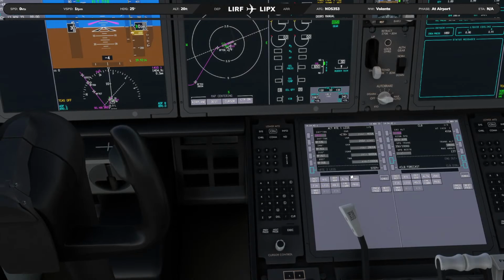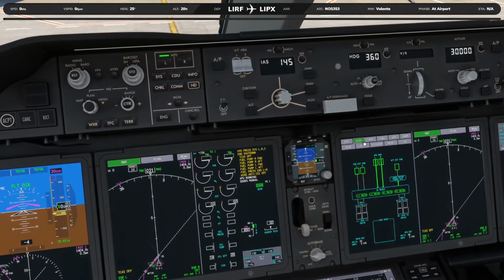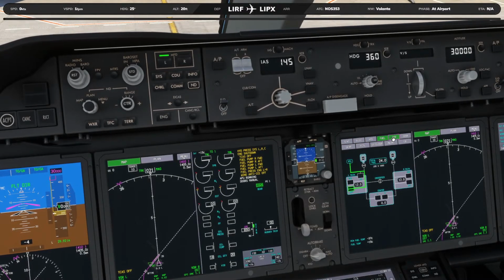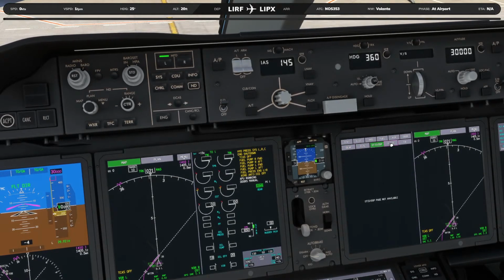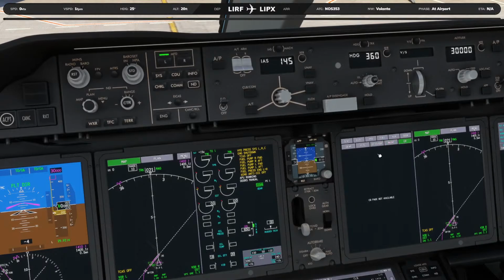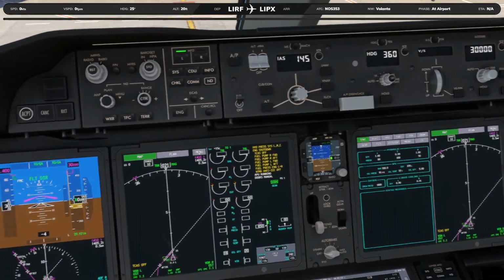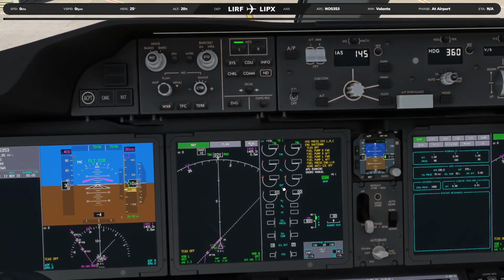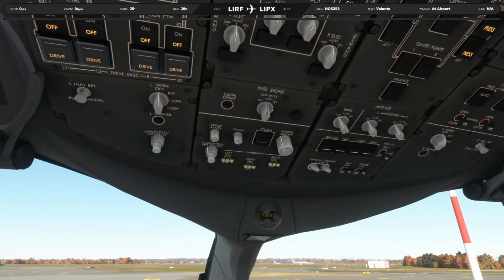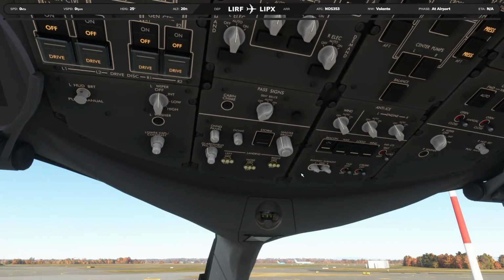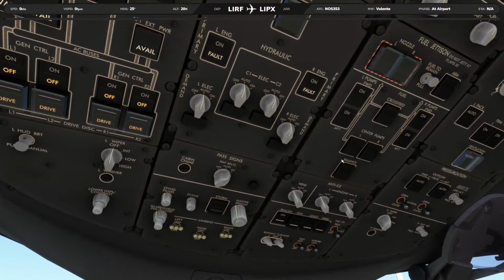So everything here is good, and we're going to switch this back to map. I like the fact that they have all these pages here properly simulated. I believe this is also available in the 787, 10. This one is still not there. Maintenance not there. So there we go. All right, everything here is ready for pushback. If we come to the overhead panel, we're going to turn on the fasten seatbelt signs. We're going to turn on the beacon lights, and we can also turn on the fuel pumps. And the aircraft's pretty much ready to go.